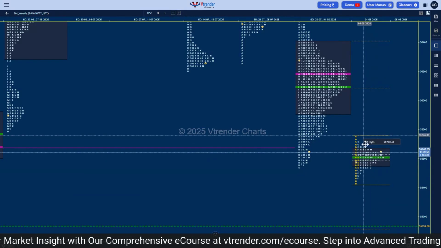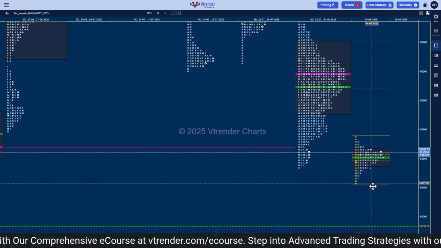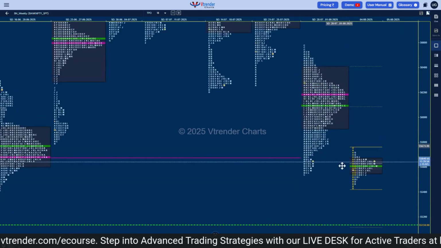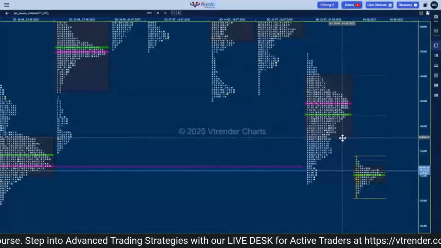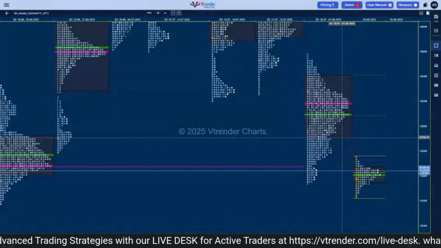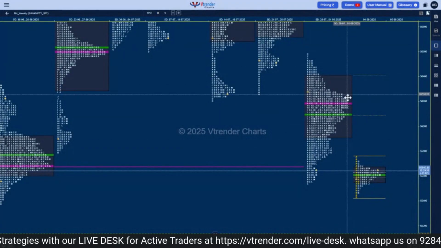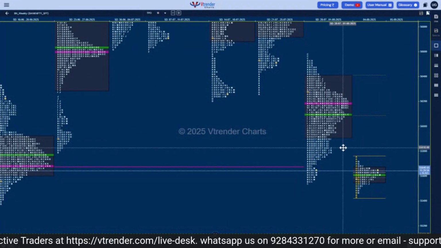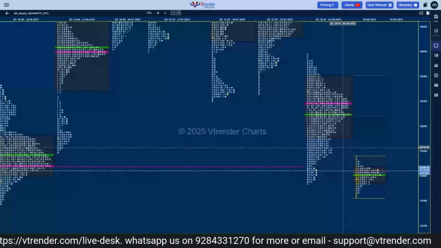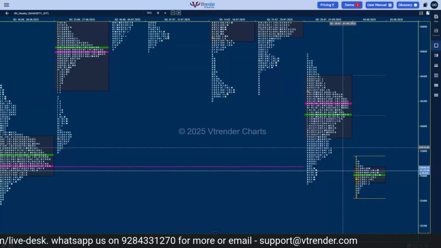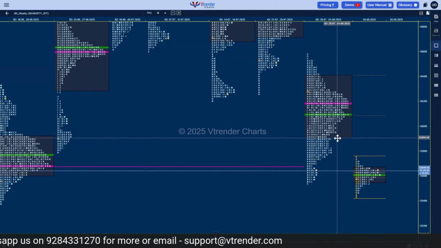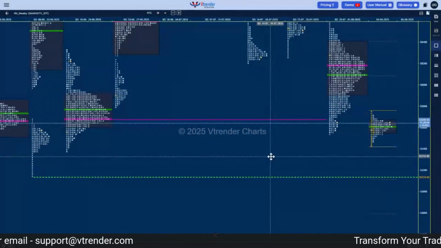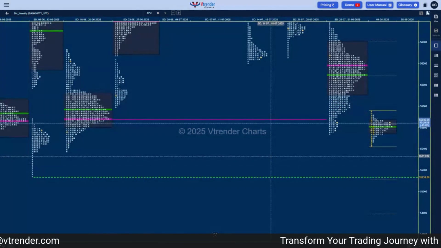So once one of these tails is taken out and sustained, that is where we can look for a probe in that direction. And because last week's profile is a nice balance, once you get into this weekly value of 55890, there is a very good chance that you do the 80% in this weekly value. So this is one very nice setup which is there in Bank Nifty spot, which can come into play later this week. On the downside, we are looking for a test of 55355, which once again is a very important level in Bank Nifty spot,